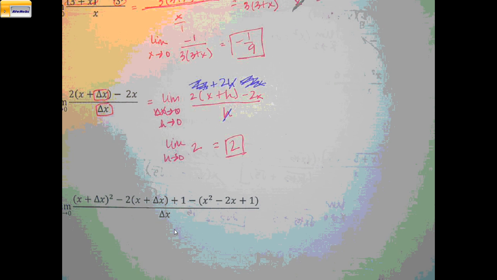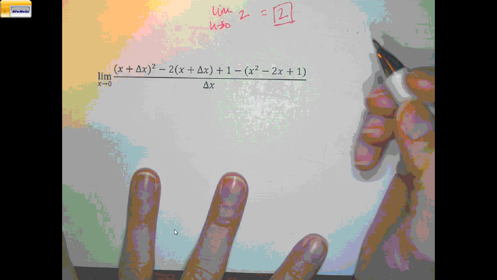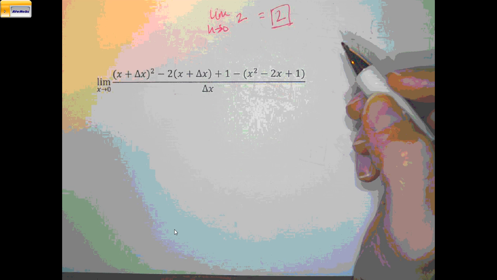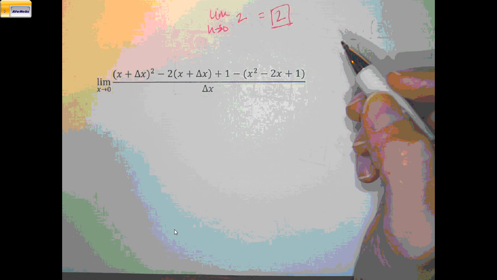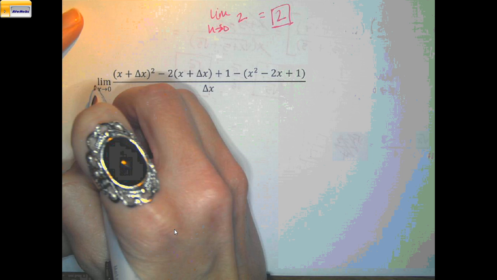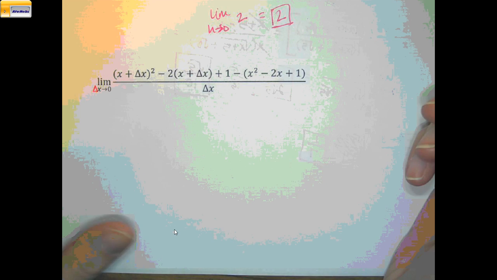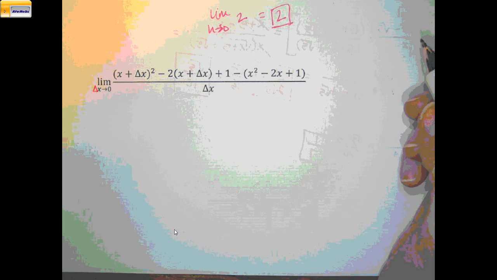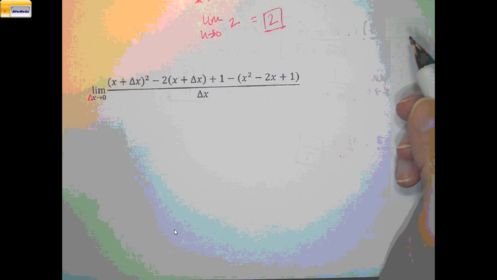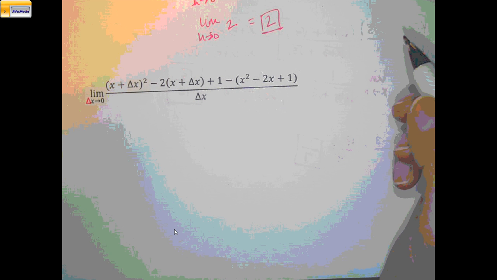This one looks a little bit insane, doesn't it? Just for kicks, let's leave the delta x in just to see what happens. And also, I did screw up on this one too. This is delta x approaches 0. My bad. Like I said, I just kept hitting control paste, and I literally got the same limit. Okay, so I think basically this one you just need to be a strong algebra student. Obviously, I can't plug in 0 for delta x everywhere because we're going to have a 0 on the bottom,